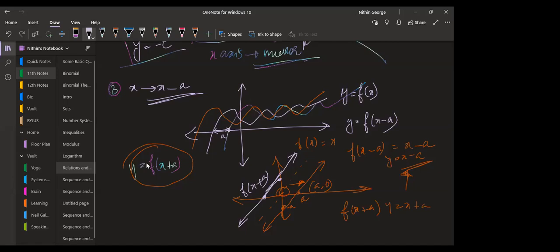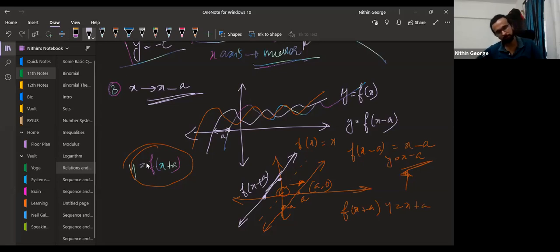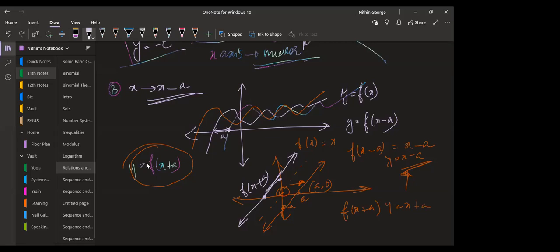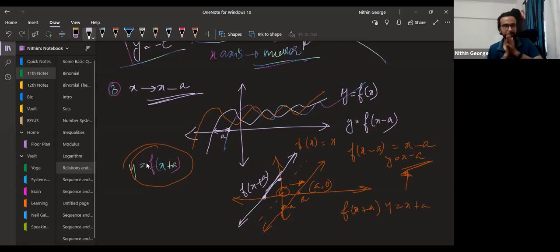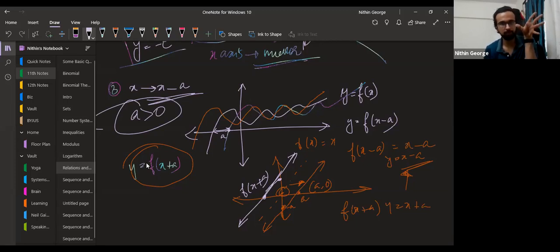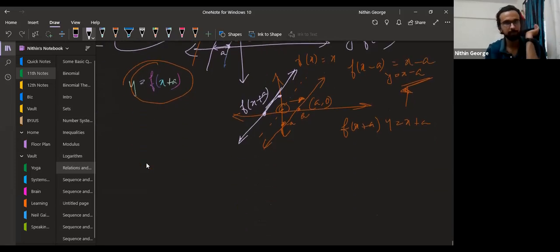No, a is negative already. So it becomes x equal to x minus a only. But then what happens to the graph? Does it go forward or does it go backward? That's what I'm asking. Backwards, sir. Exactly. We treat it like an x plus a case because here we are assuming that a is positive. Don't forget, we are moving a units forward or backward accordingly. That's what we'll do by convention also normally. But if a was negative, you're going in the opposite direction. That should be clear.